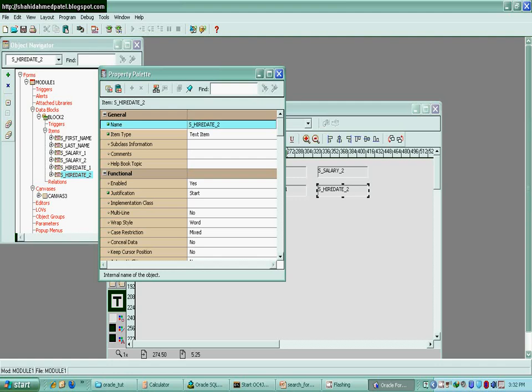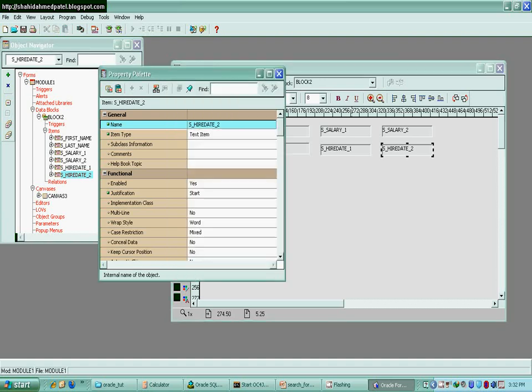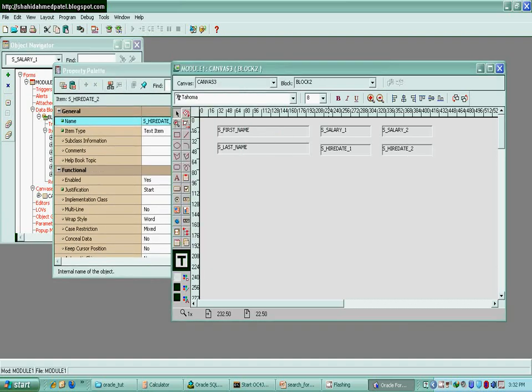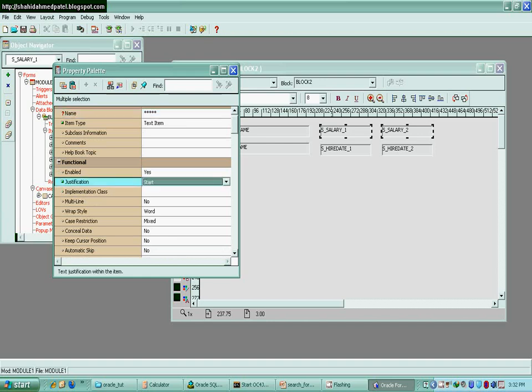Okay, we have set the names which will be useful to us to search, define the search criteria for the second block. After that, we will set other properties like salary, which, as you know, will be a numeric field. So you can check, change the property. Some other properties like justification